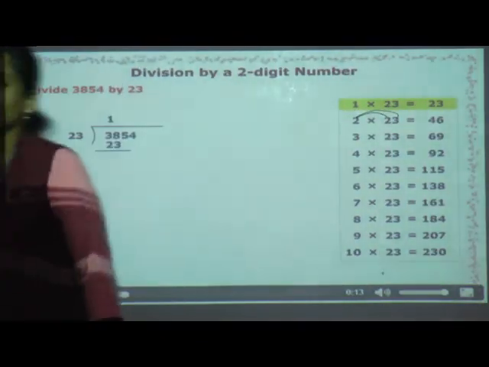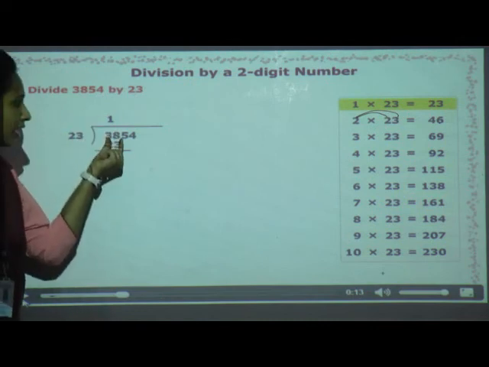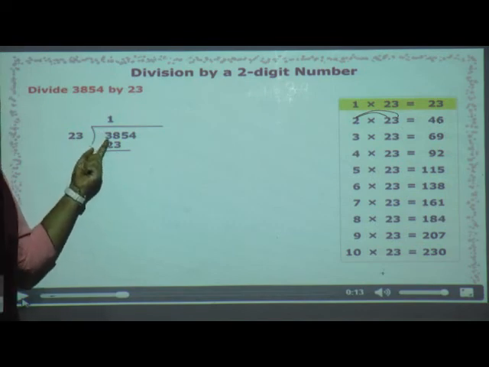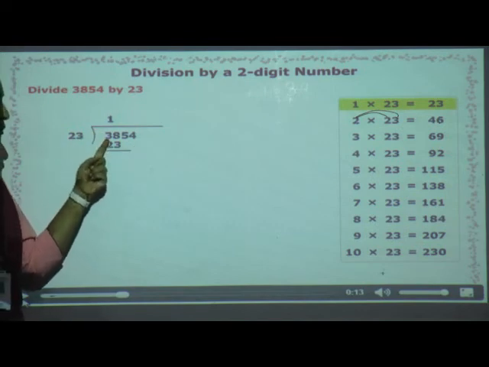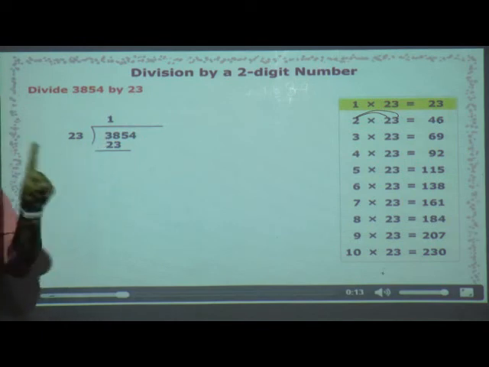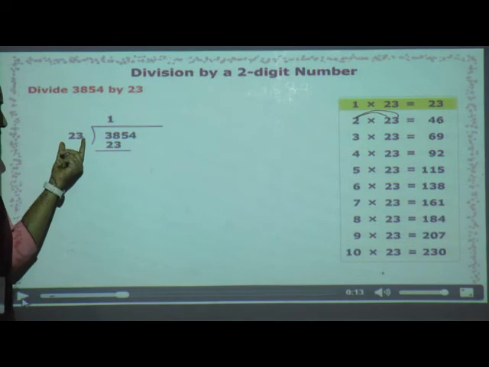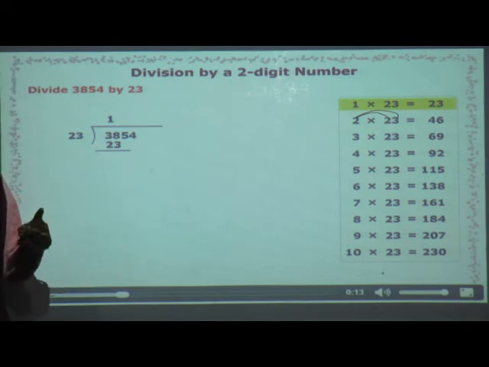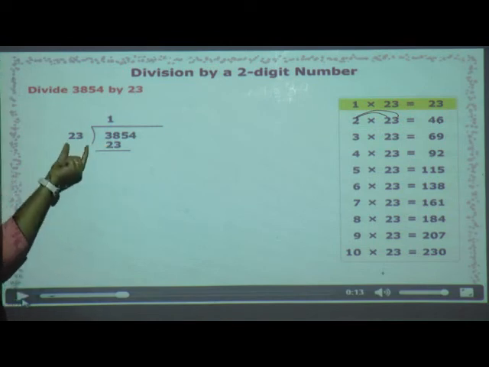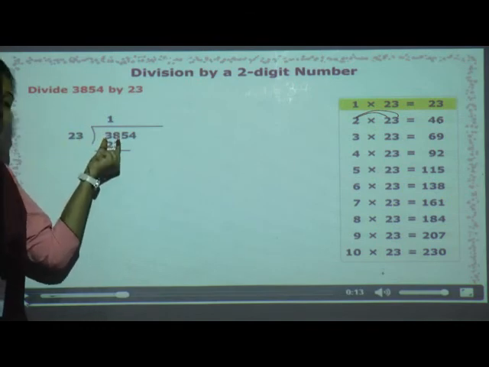Now keep in your mind one thing: whenever you are dividing with a 2-digit number, you should start with a 2-digit number only. Previously, we used to see the first highest place value. If it is 4-digit, we used to go with the thousands place, isn't it? But that time we had a divisor of only 1 digit. Now we have a 2-digit divisor. Is 2-digit greater or 1 digit greater? Of course 2 digits. So we cannot go that way. Whenever you are dividing with 2 digits, you should start with a 2-digit number only.